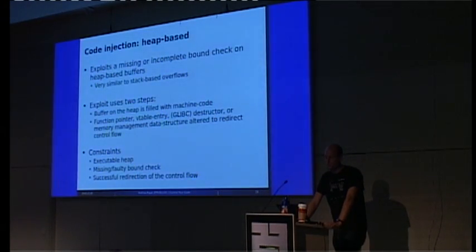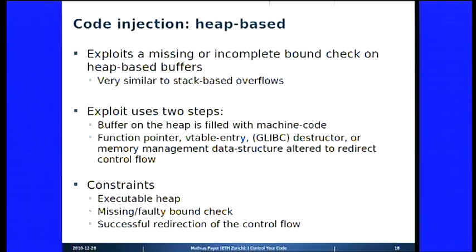The second form of code injection is heap-based code injection. This exploits a missing or incomplete bound check on a heap-based buffer, and is actually very similar to stack-based overflows. This exploit also uses two steps. The buffer on the heap is filled with machine code first, but then we also have to overwrite the function pointer in that struct, a vtable entry if we have an object-oriented language like C++, and when we redirect that vtable entry, we will be able to redirect the